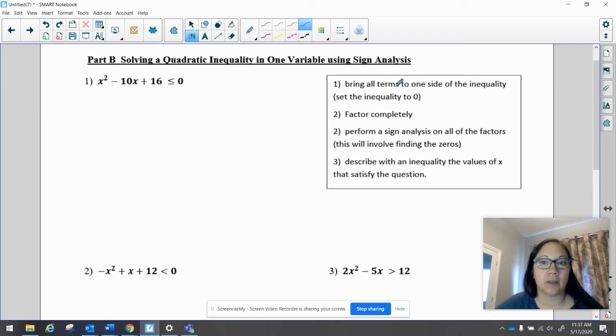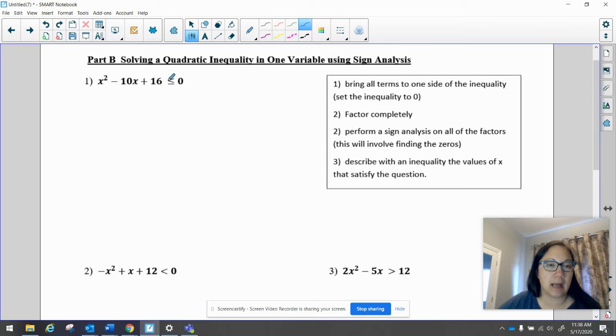So first, we're going to bring all terms to one side of the inequality. In other words, set one side to 0, which we're used to doing anyway. This one already has that done. Okay, then we're going to factor completely. Then we're going to perform a sign analysis on all the factors. This will involve finding the zeros,